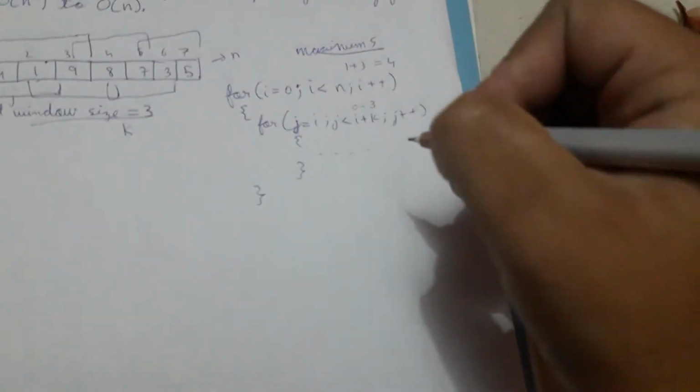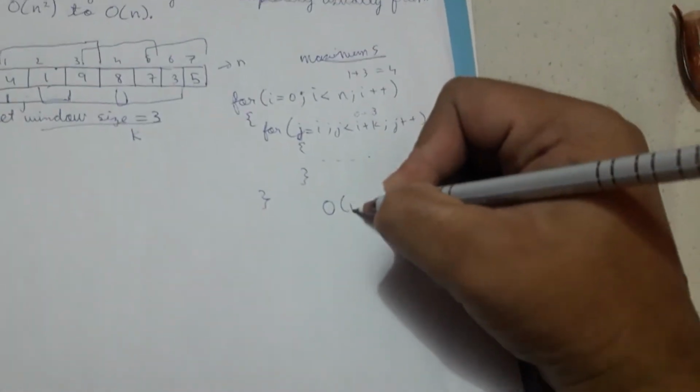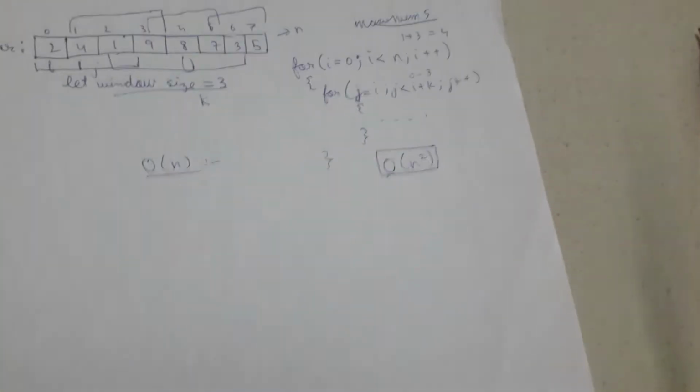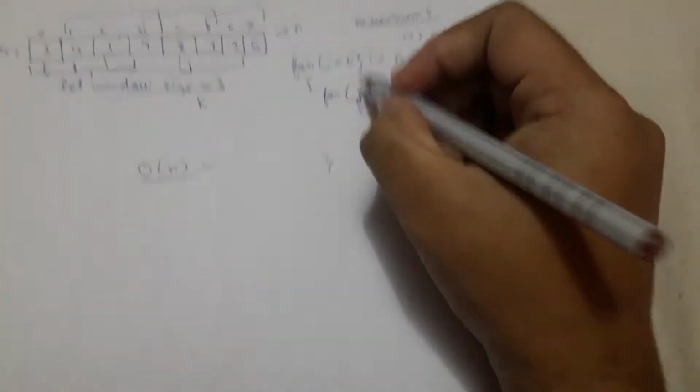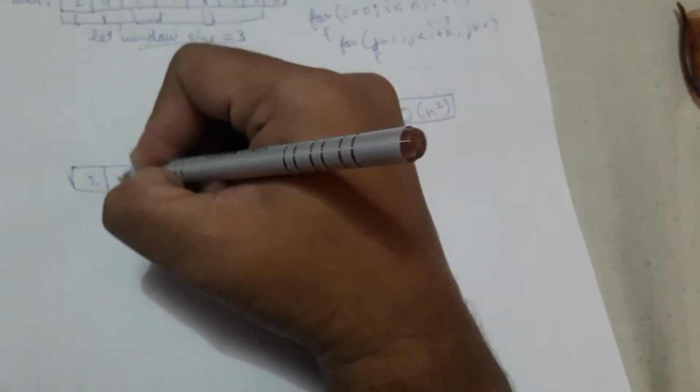However, if you see, this approach uses two loops. Two loops means the time complexity reaches O(n) square. It is not a very optimized solution. Now in order to perform the operation in O(n) complexity, there is a solution that uses only one loop. So we will redraw the array again. We are given an array of 8 elements.